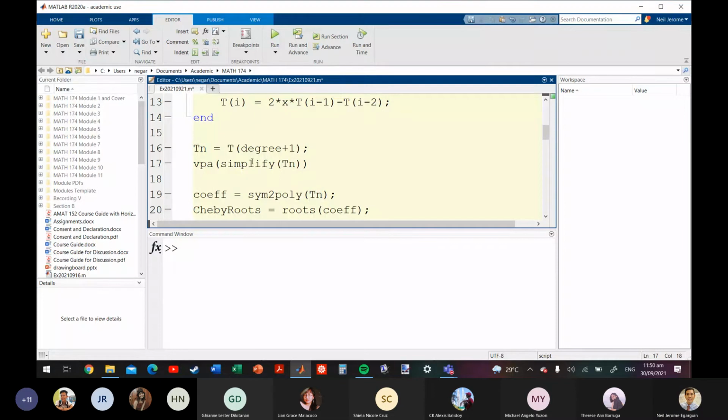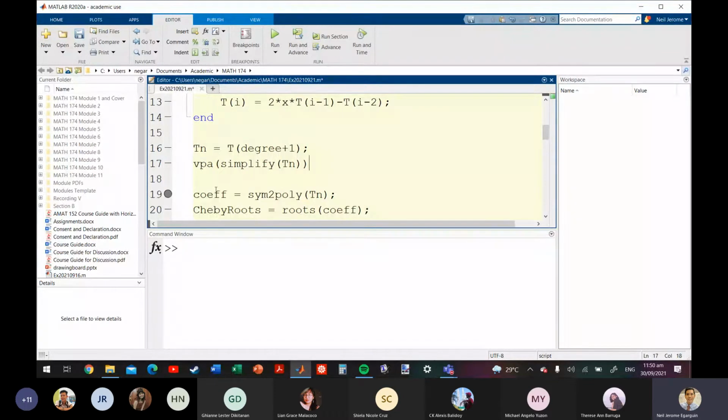Okay. Now let me run this part of the code. I'll run lines 1 to 17. One thing you can do is i-click nyo tong horizontal line sa tapat ng line 17 para magkaroon siya dyan ng breakpoint. I think Matlab will run everything until this line. Actually, hindi pala. Dapat yung susunod. So, ibig sabihin, magpo-pause siya before executing line 19. Okay. So, pwede ko na siyang i-run. Okay. And you see, ito na yung sagot.